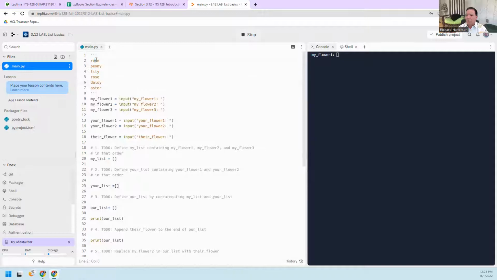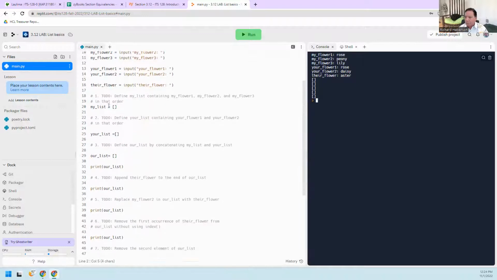Okay, so it says my flower, and the first one I'm going to say is, well, I'll just type it in. Rose, peony, whatever, lily, Rose again, Daisy, and Aster. Anyway, and then it prints out a bunch of stuff because I initialized them all. Anyway. Okay, so the first one I'm supposed to do is